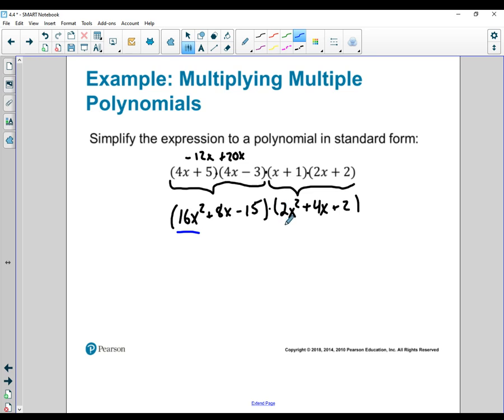So 16x squared times 2x squared is going to be 32x to the fourth. 16 times 4x is 10 times 4 is 40, 6 times 4 is 24. So 64x cubed, and then 16x squared times 2 is again 32, and then this time it's just the x squared. Now if I do the 8x, 8x times 2x squared is going to be 16x